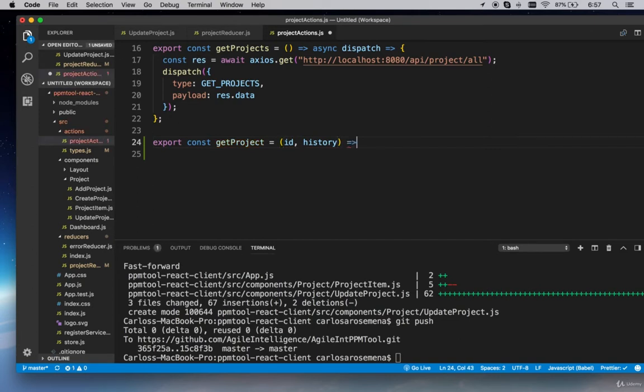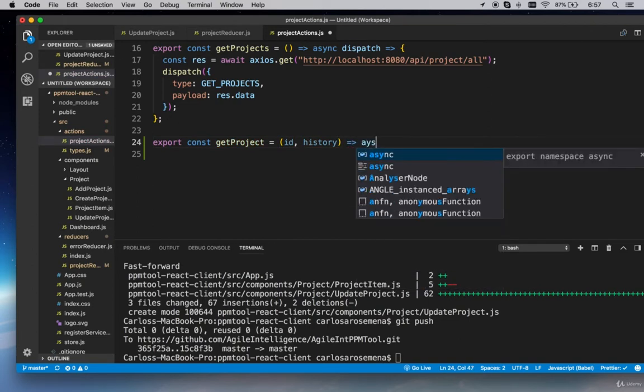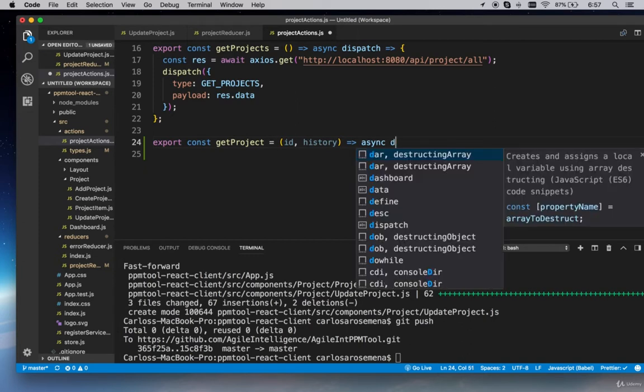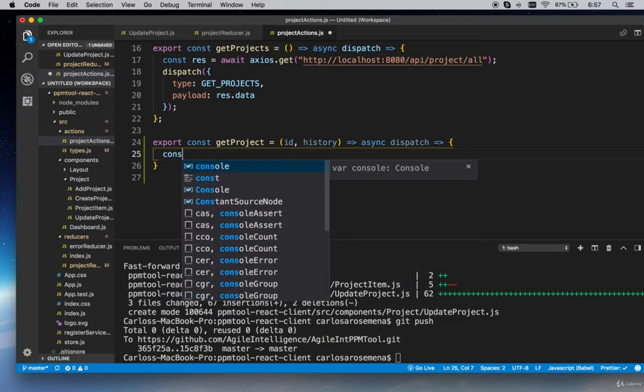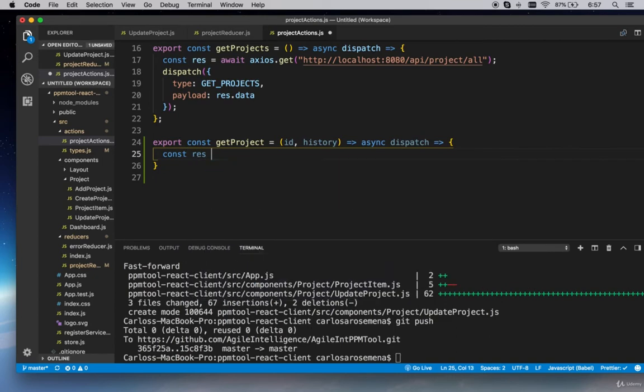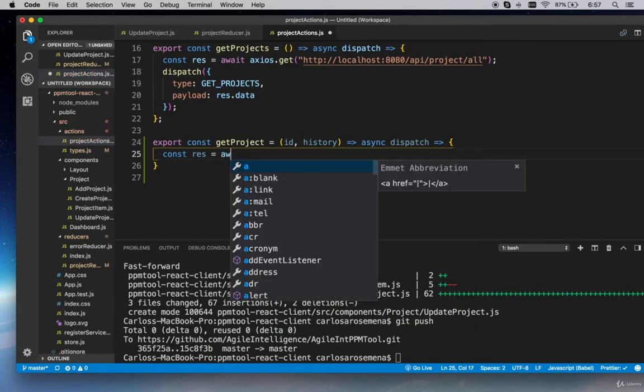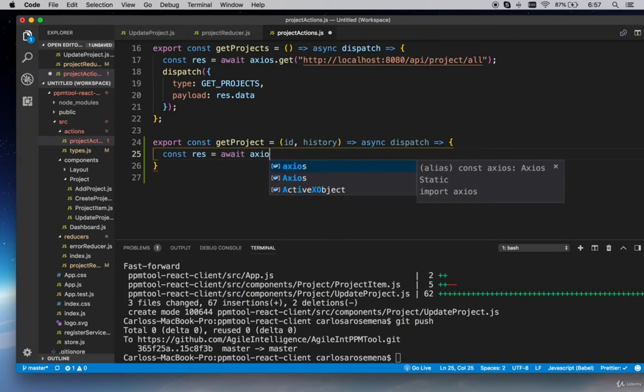And then we're going to continue wiring our action here, dispatch. And these are all things that we have already done at least once in the project, so you should be more than comfortable here. So I am just going to wire the happy path for now, and there's a good reason for it, and I'll show you once we are done at least getting the project onto the state. Await Axios get,